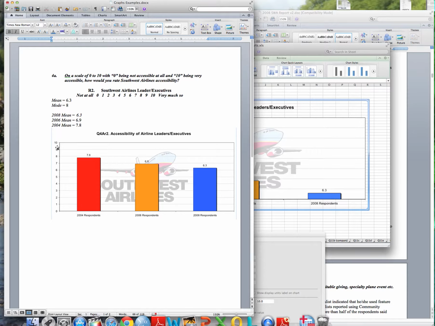Then I like to include the scale on the side, and this is the next thing we're going to talk about. The scale needs to always begin at the bottom of the scale, and I'll show you why in just a second. But this is the overall layout I like: bolded headline, grid lines, scale on the left, numbers above the